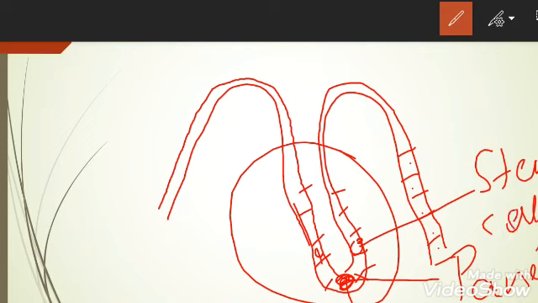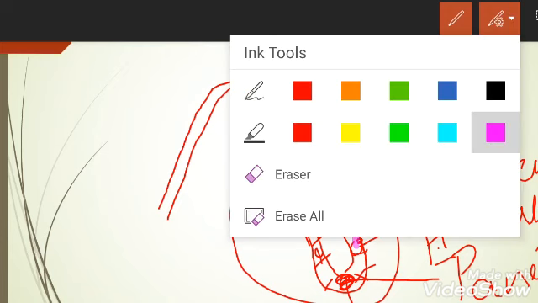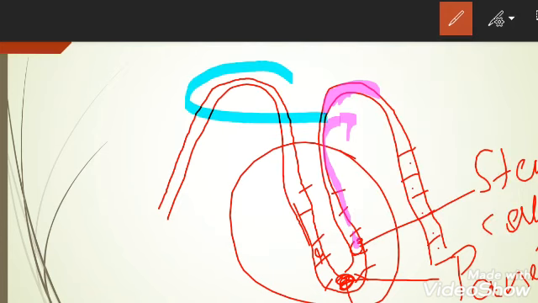Okay, so here what happens is whenever rapid division takes place, stem cells divide from this region and proliferate to the topmost region over here. And here you see that these are the matured epithelial cells at the apical region of the outermost layer of the small intestine. This is how compensation of the ruptured cells happens, because rupturing of the cells takes place at the outermost region. That's why the compensation for the ruptured cells takes place at the apical region of the intestinal wall. This is why the stem cells are present in case of small intestine.